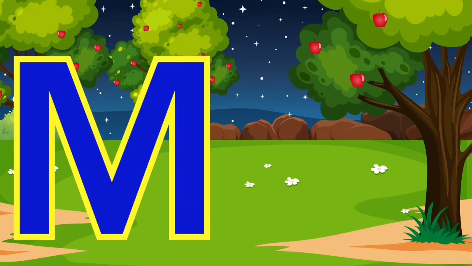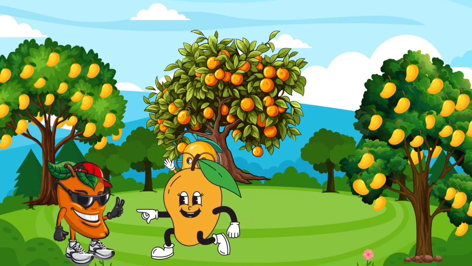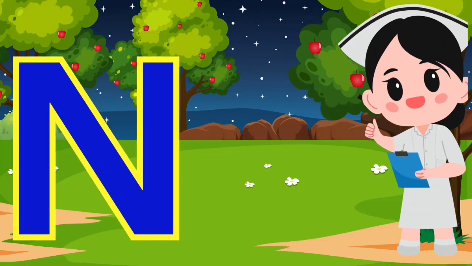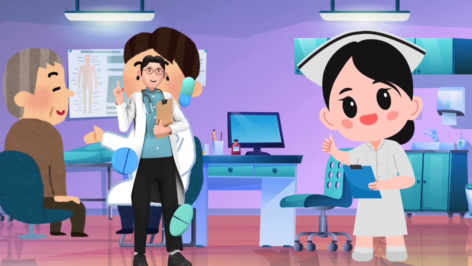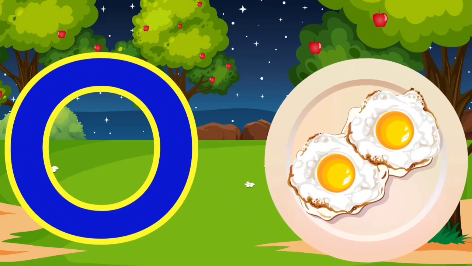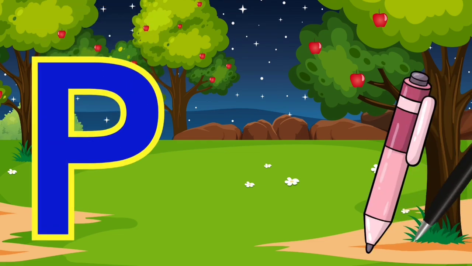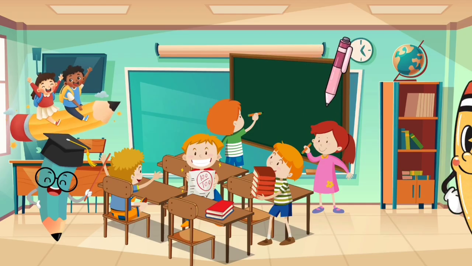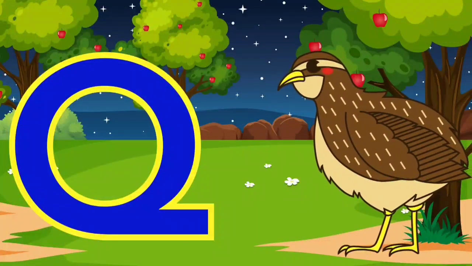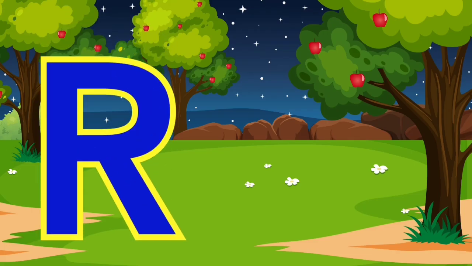kite. L is for lamp, lamp. M is for mango, mango. N is for nurse, nurse. O is for omelette, omelette. P is for pen, pen. Q is for crane,